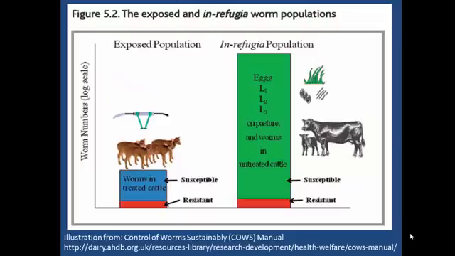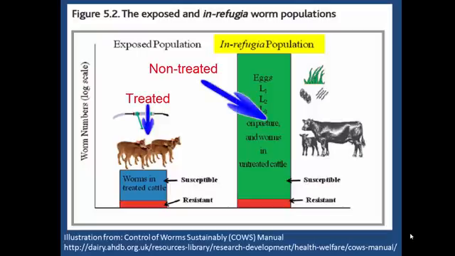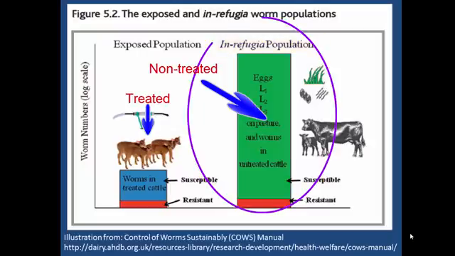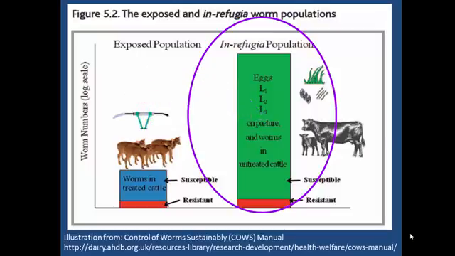Now, the final concept to wrap up all these ideas and visualize how everything is happening in any one farm is what's known as the population in refugia, which is basically all the different parasites in a farm, including all the different life stages that are not being exposed to an antiparasitic drug. As you can see here, the population of worms that are not being treated, which includes all those larvae and eggs that are on the pasture, tend to be much greater than the one present in the animals